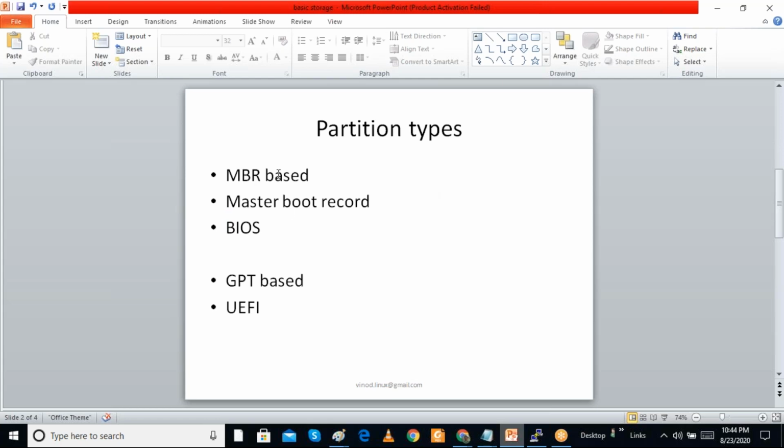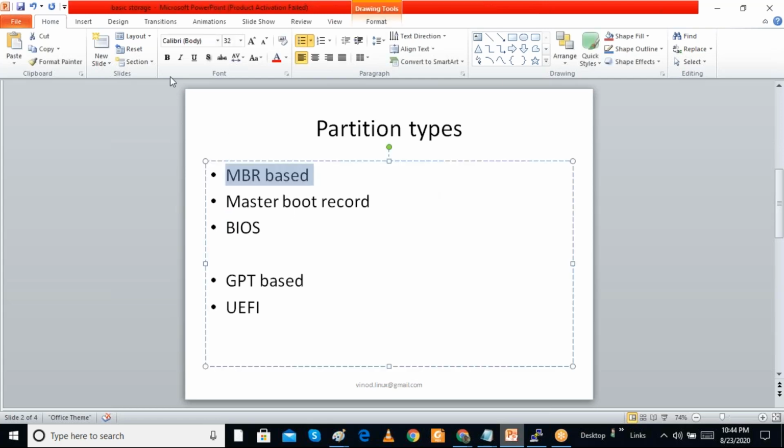When we are creating a partition, there are two types of partitioning scheme. One is an MBR based hard disk and another is a GPT based hard disk. When we are using a BIOS based computer, we use MBR, master boot record based partitioning.